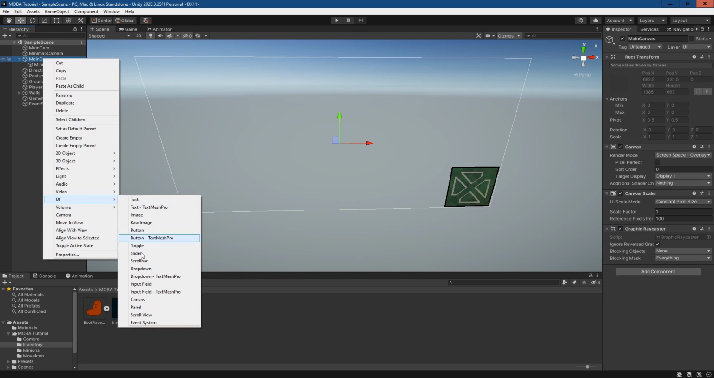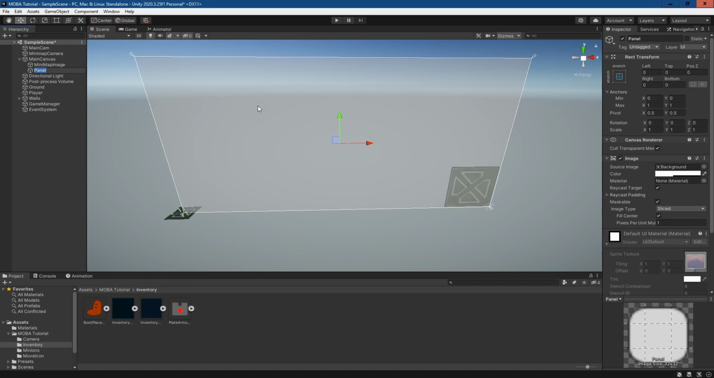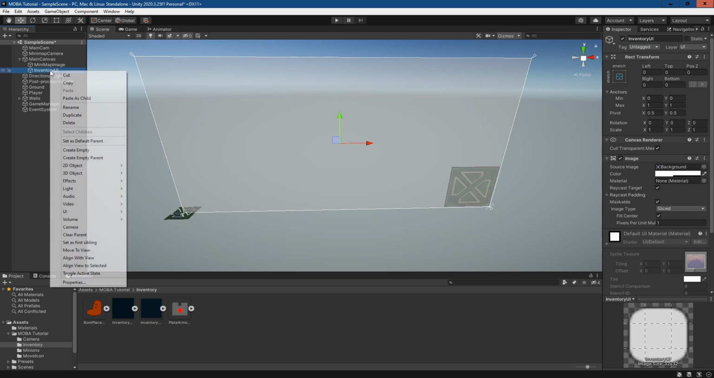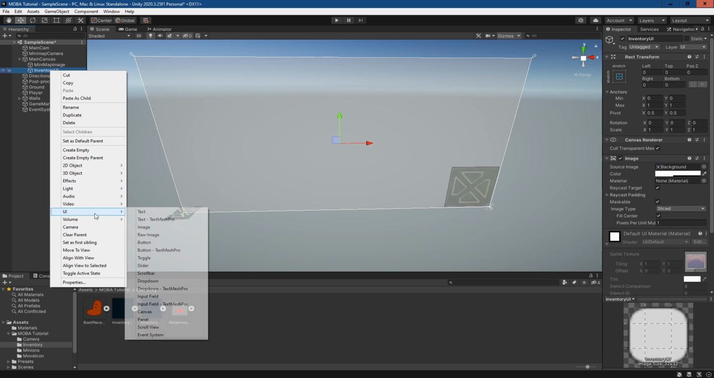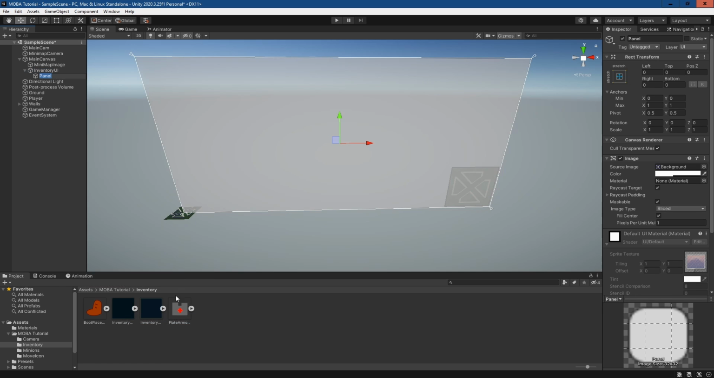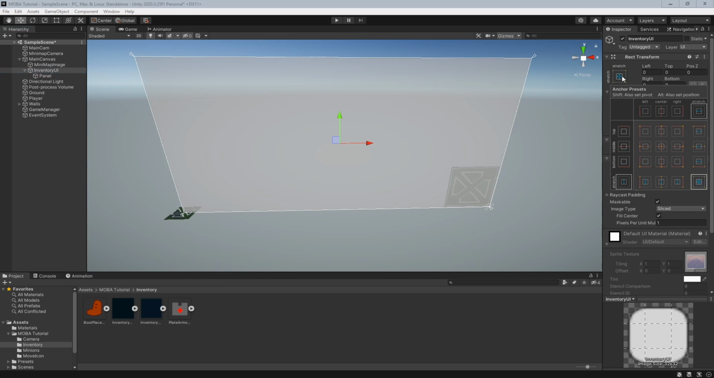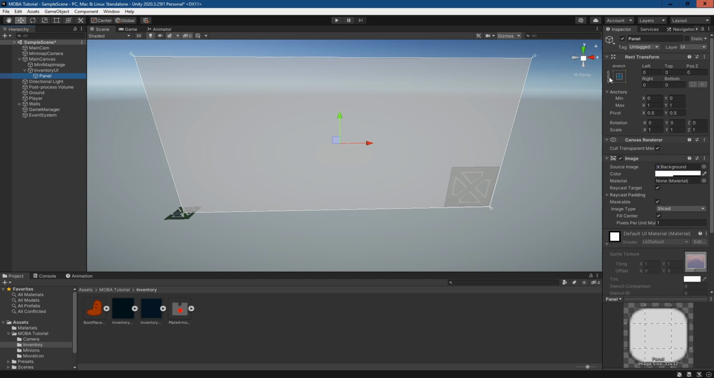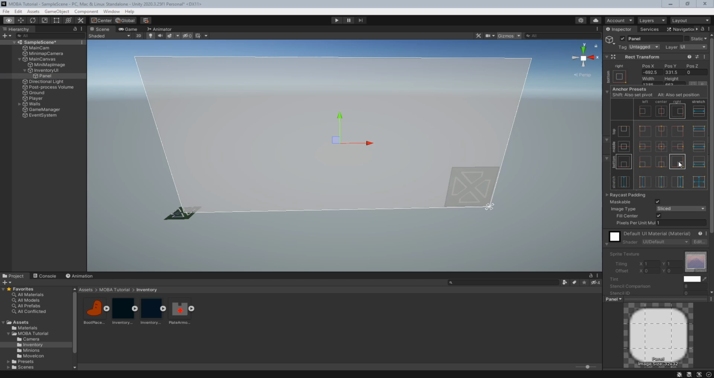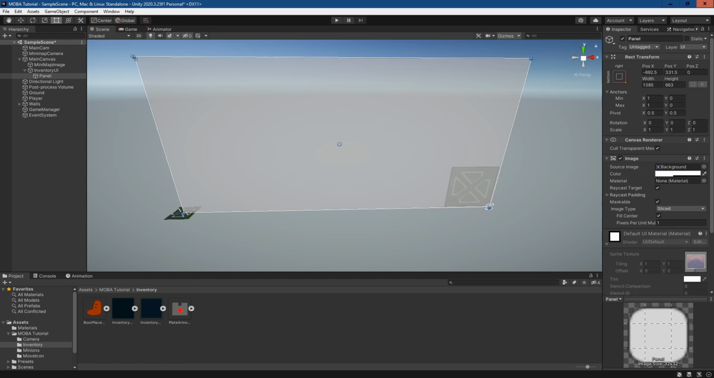So first we need a UI panel, and I'll just call this inventory UI. And then I'm going to make another panel child to this, so UI panel, and I'm just going to set both of these as anchored and positioned in the bottom right. So I'll do the same here. And we're just going to stretch this down,